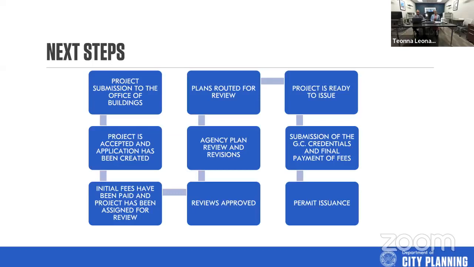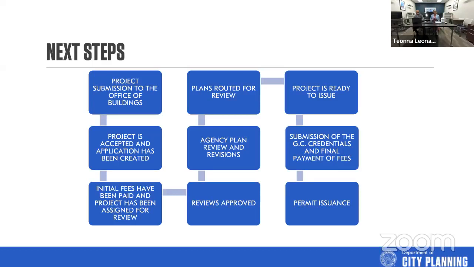Occasionally, an application will be placed on hold if pertinent information is missing, and you have 10 business days to get that information back to us before we close an application out. Once we deem a project acceptable, we will invoice the initial fees. That's a big part there too, because a lot of times we get people calling saying, well, I submitted this permit application 2 weeks ago and there's no movement.